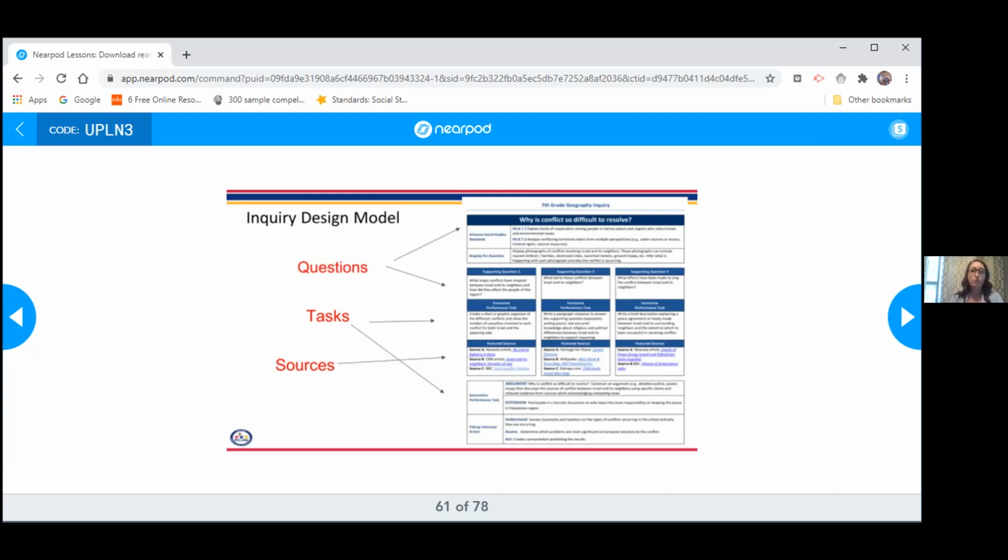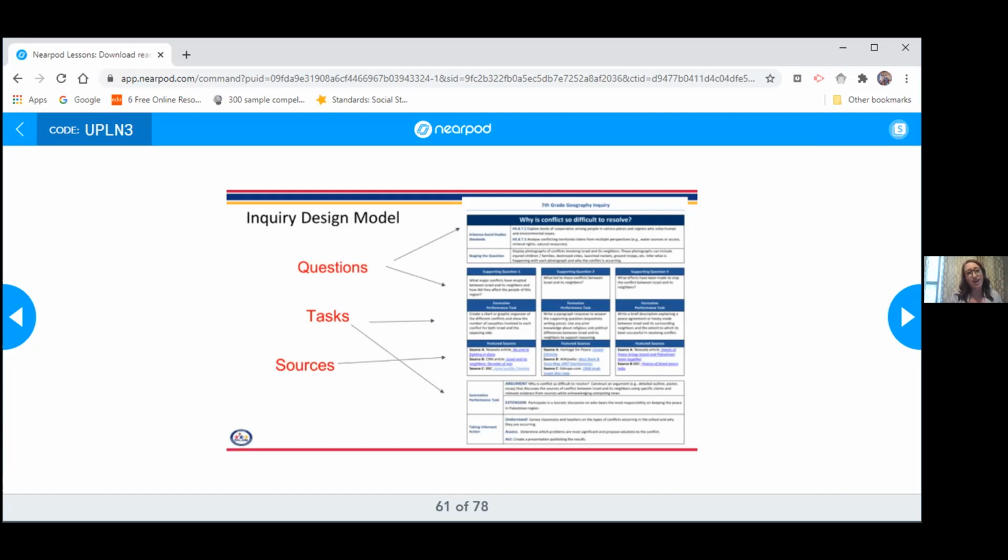And you'll notice that there are 3 supporting questions for this inquiry. If I were teaching it, I'd say each supporting question would be about a day. You'd stage your question the first day. Yep. I staged the question with pictures. So just like we've talked about before, I put a picture up, and they notice and wonder, of a missile being shot off the Gaza Strip, a modern day one. And then they have sources that they utilize to learn about the conflict and why it's happening.